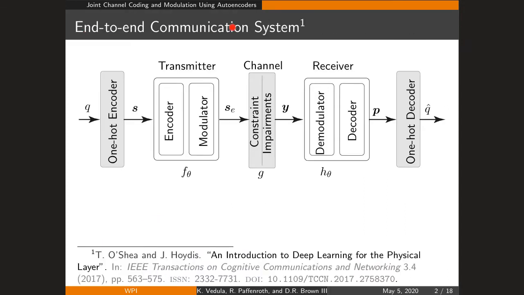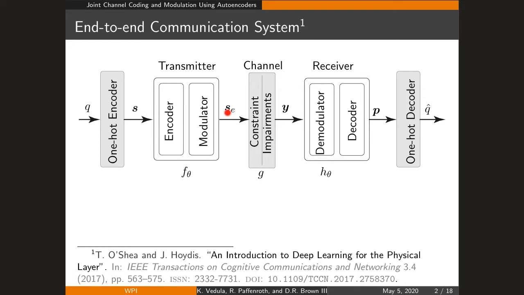Now let's look at an end-to-end communication system pipeline. Let's start with the message queue. Q goes through a one-hot encoder and we get S. S is a set of one-hot encoded messages. S goes through the transmitter, which has encoder and modulator lumped together, and we get SE, a set of encoded